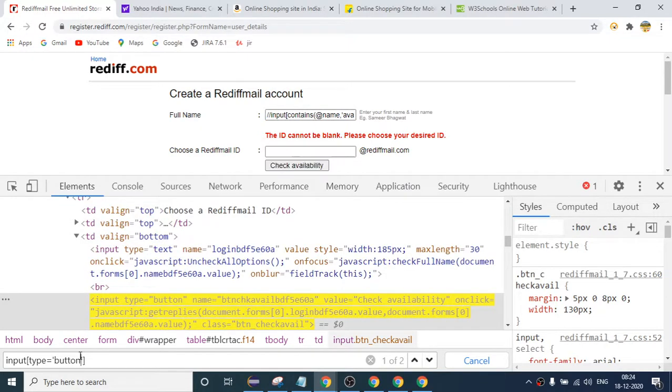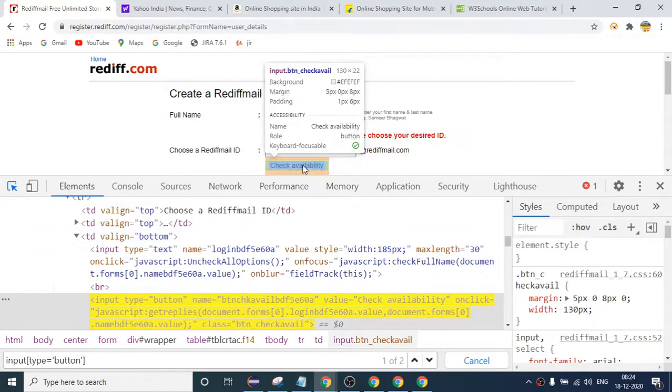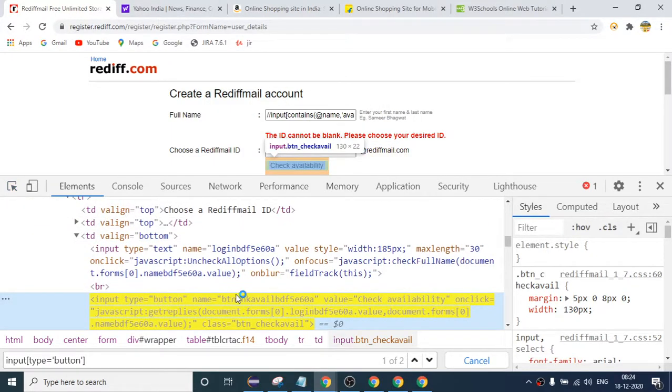Again it is giving me 2 elements. In XPath we saw the concatenation concept. If you are not finding a unique element for this button, you can concatenate this as well.